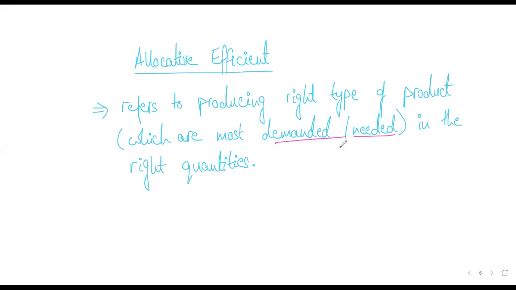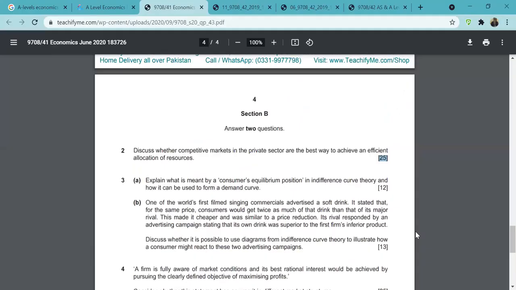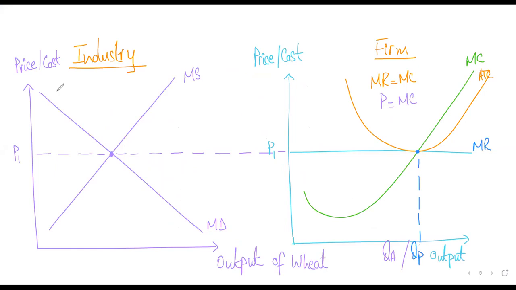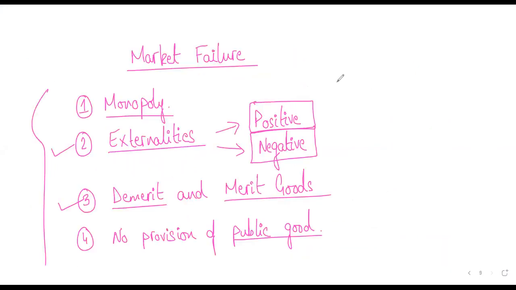Because that would be beyond the scope, since it doesn't ask how the government has to counter that. For questions where it's asking about regulation, it explicitly says what the government can do in case of inefficient resource allocation, in case efficiency is missing, right? What can be done to control that? But it's not talking about that. So that is all you're supposed to talk about. Explain what efficiency is, what competitive markets are, what the graph looks like in a perfectly competitive market, and how that is efficient. And in the end, you just need to explain that there are some scenarios, some possibilities when efficiency